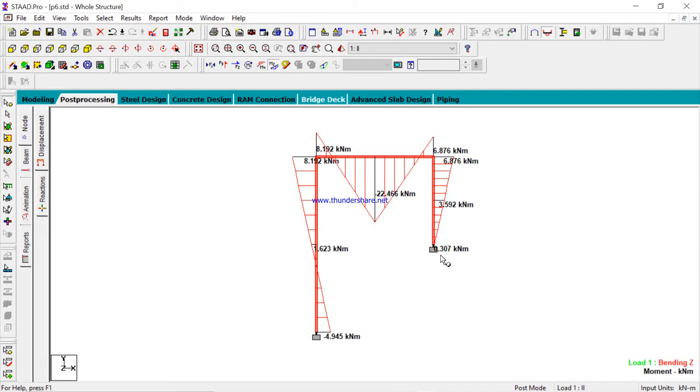So take a screenshot of this bending as well as the shear value and add it to your practical file. So this was all about practical number 6. Solve this practical number 6 based on your numerical, your loading conditions, your I factor, and submit it on or before 8th of February. I will create the practical number 6 folder in your Google Classroom, so kindly submit that practical in the same folder.